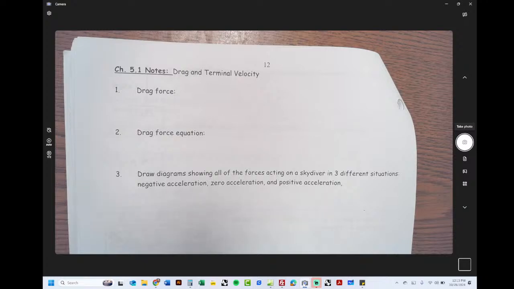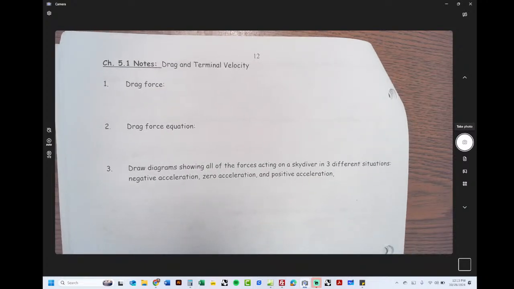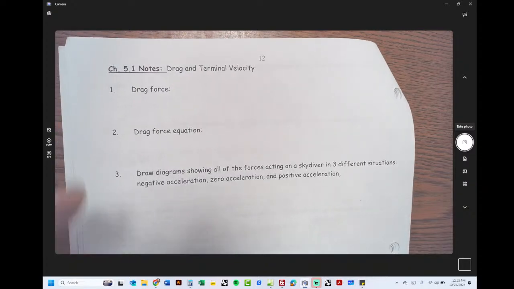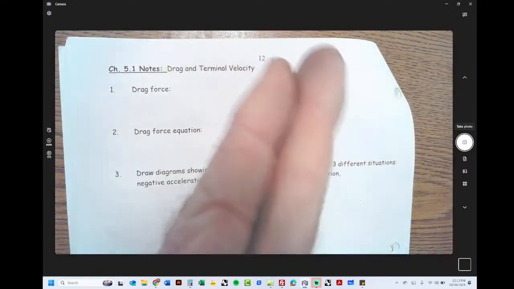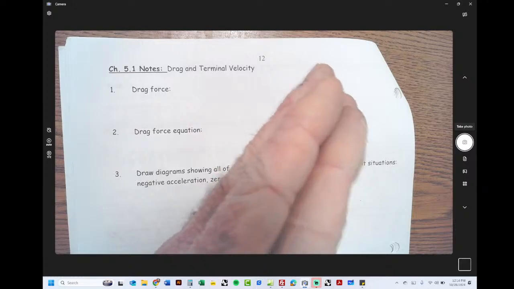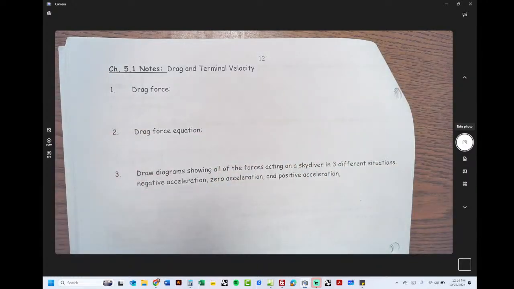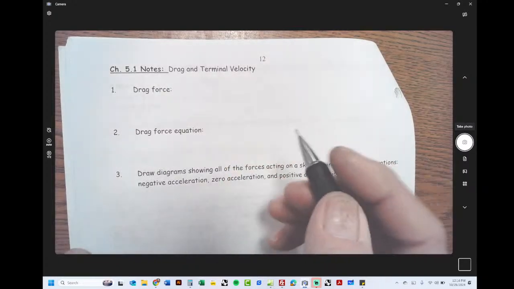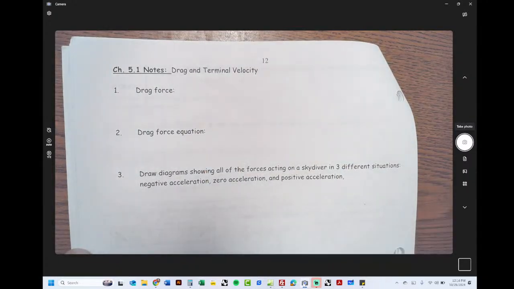So I used to use the word friction in here, but have I told you why this is not friction? Friction depends on a normal force squishing two things together and the type of material. It doesn't depend on speed. It doesn't depend on the density of the surrounding medium or any of those things. So drag is a different kind of animal. So drag is a force